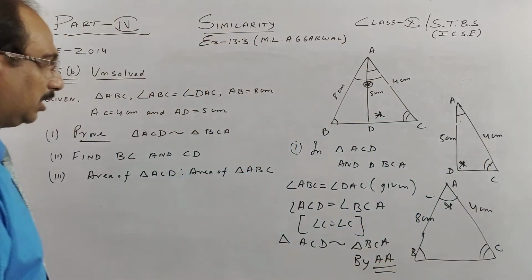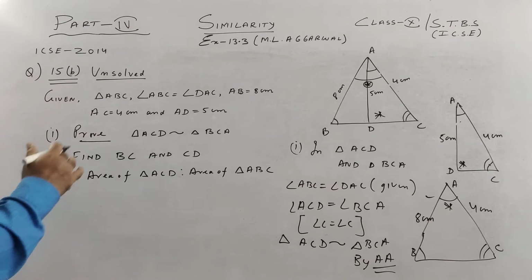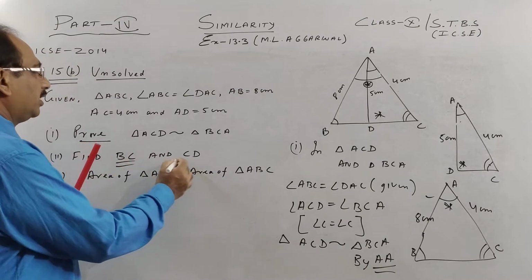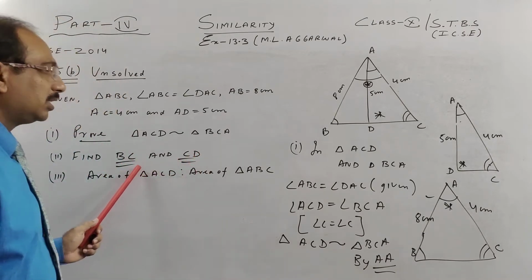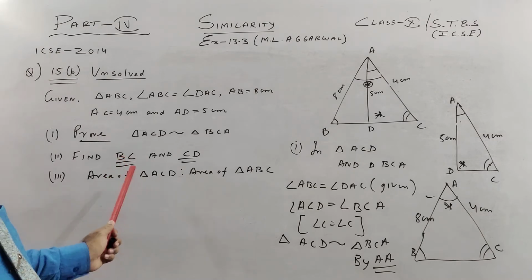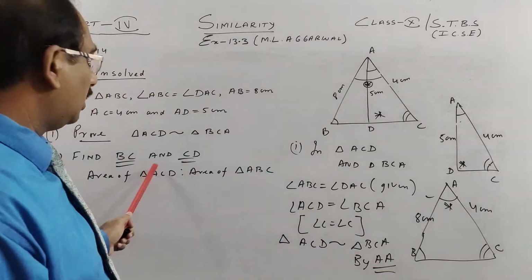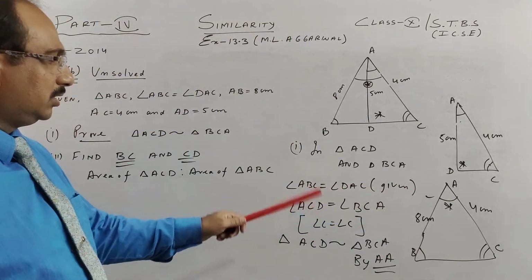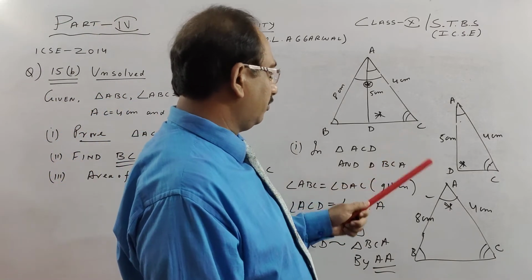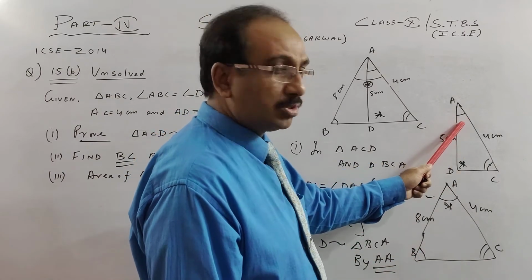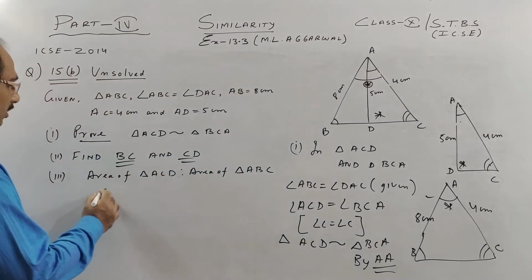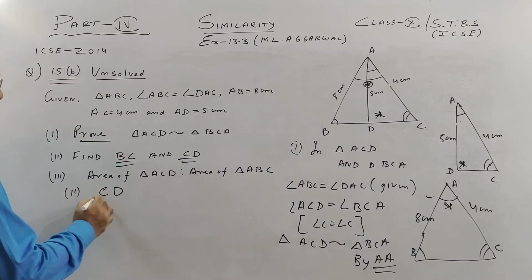So with this idea, we have to find BC. Let us see all the three pairs and see how we do. This is the best way when you have to find two unknown sides, and they are from, I think, smaller triangle. So see here, BC we have in the big triangle, and CD is in the small triangle. So once they are similar, children, let us see the corresponding sides. Let us start with what is given over here. This angle is equal to this angle. So what is opposite to this angle, children? Opposite to this angle is your side CD. So we have to find CD. This is part 2, CD.